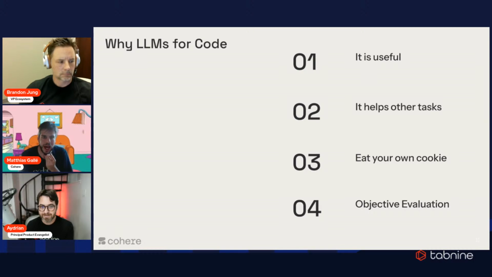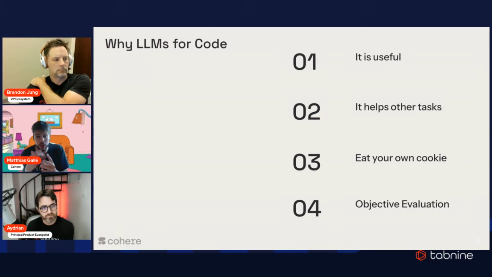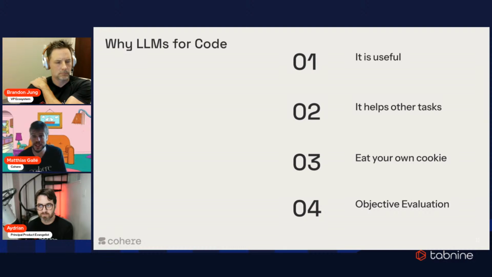I have worked with large language models for many, many years, but I haven't worked with code a lot. And one of the things that I love about code are those 4 points you can see here. I like it because it's actually useful. I use it every day, and I can really see how it's a productivity gain. I can also see how making sure that our models are good at code helps them at other tasks.